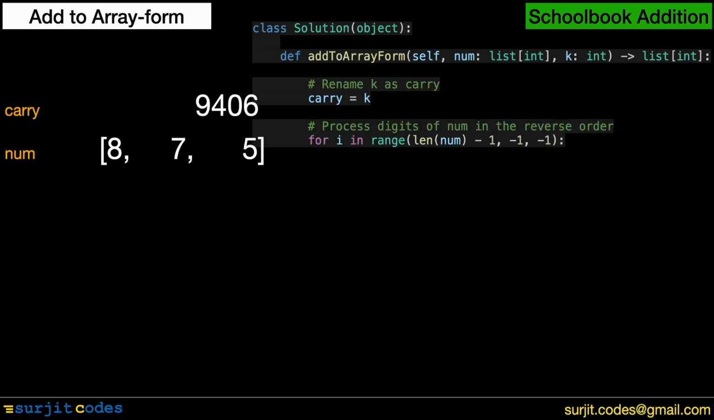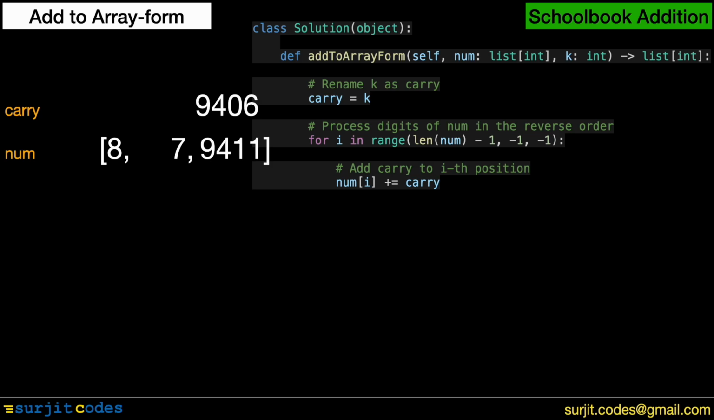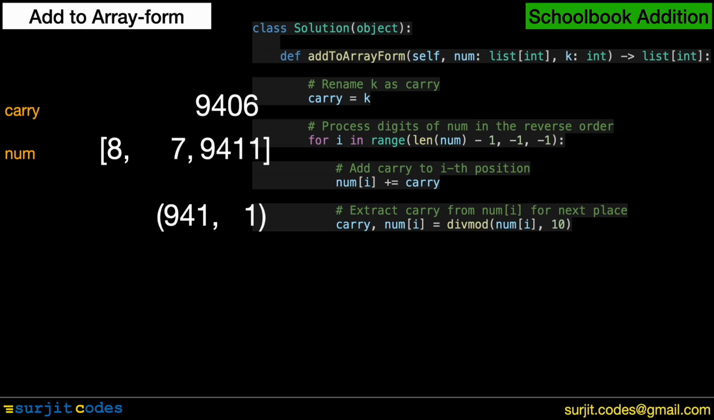Now we process all the digits in the list num one by one in the reverse order. In each iteration, we add carry to the current number. The sum of 9406 and 5 is 9411. We perform integer division of this number by 10, which splits into two parts. This is done using the Python function divmod. Next, we save the quotient to the carry and remainder to the current position of num, and we get these